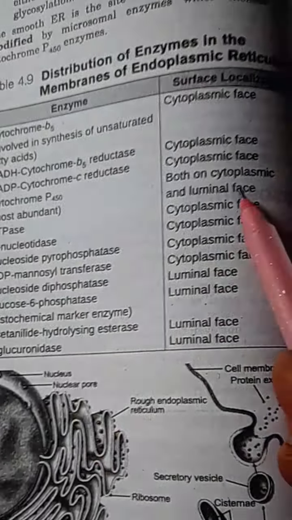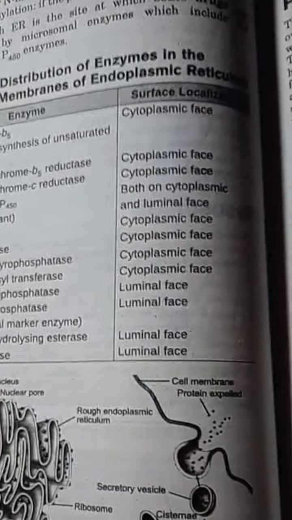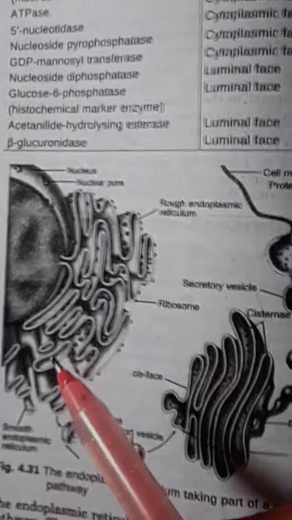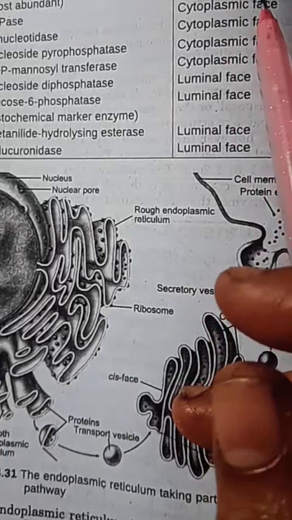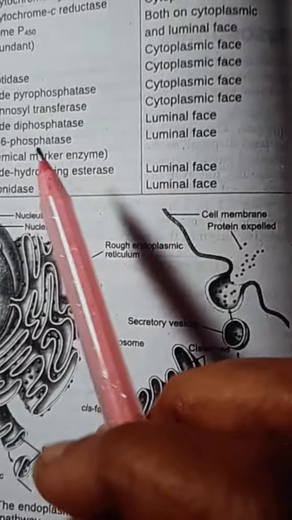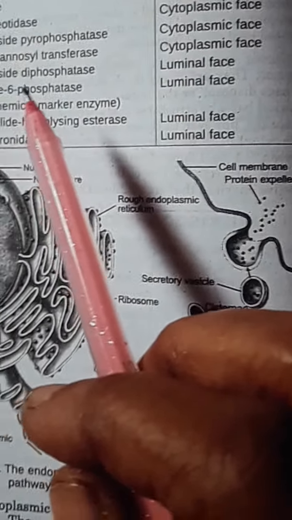And on the luminal phase, what is the lumen? The inside portion, these are the lumens of the endoplasmic reticulum. And on this luminal phase, you get these enzymes, the nucleotide diphosphate,